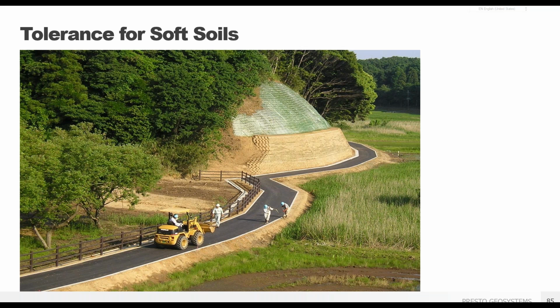One of the most significant benefits of GeoWeb walls is its relative lightweight compared to concrete MSE walls and its ability to tolerate reasonable differential settlement. So building over soft soils or areas where differential settlement is a concern is not a problem for GeoWeb walls, as they can handle several inches of differential settlement. This is vital for areas with saturated soils. Here we see a GeoWeb wall being constructed in close proximity to extremely wet rice fields in Japan.